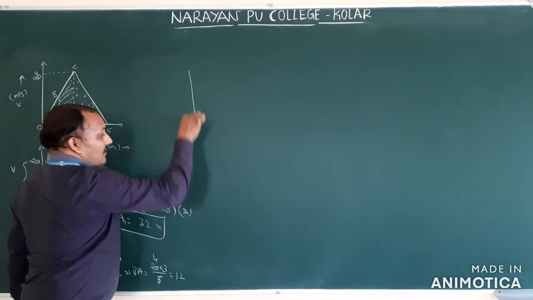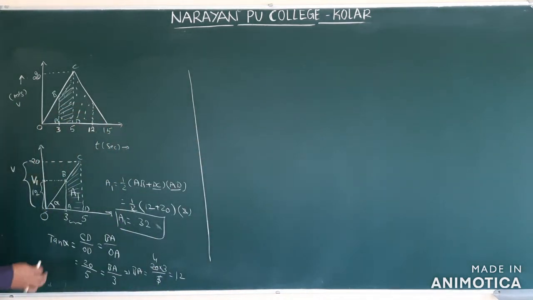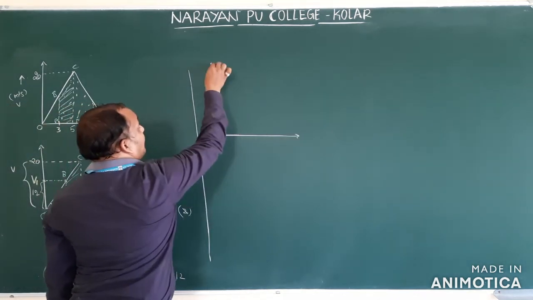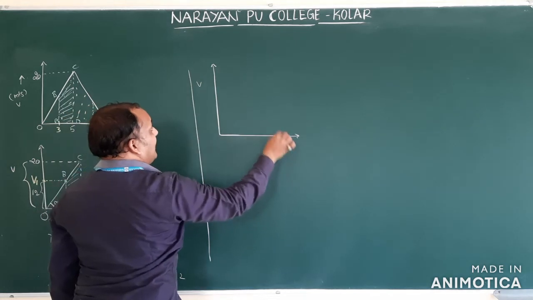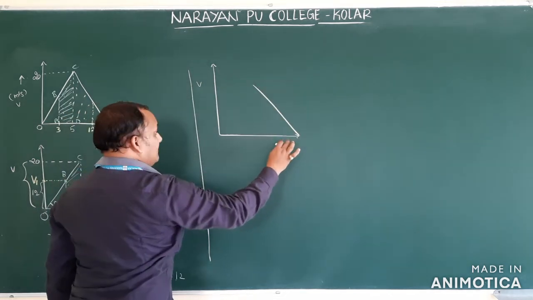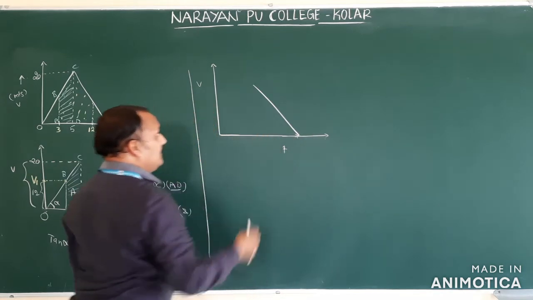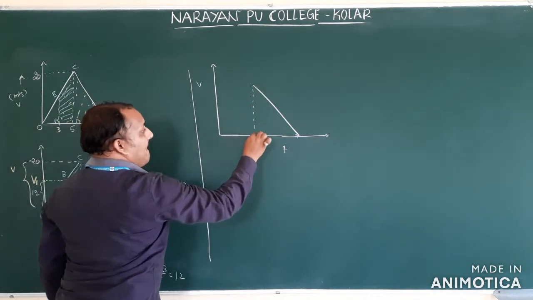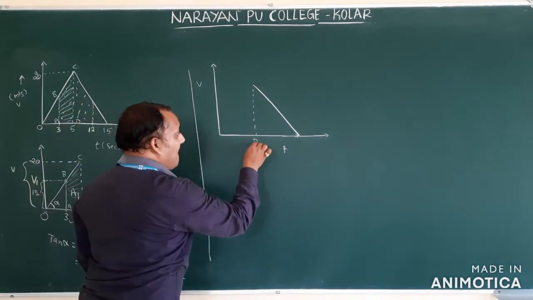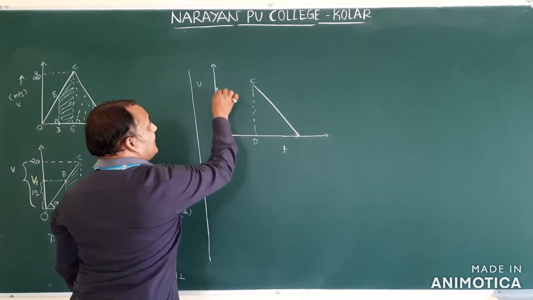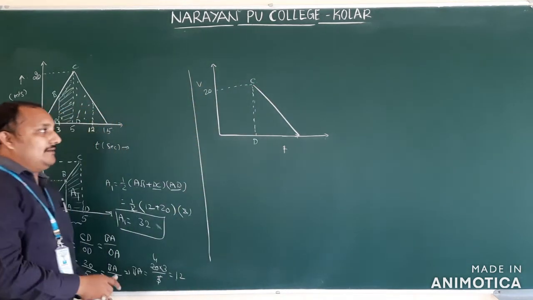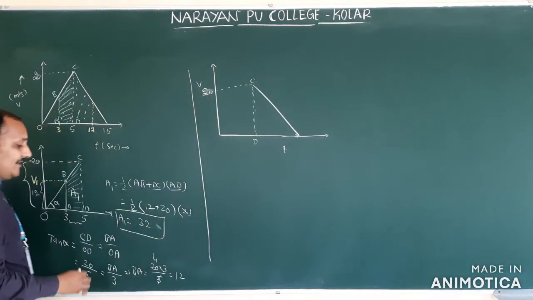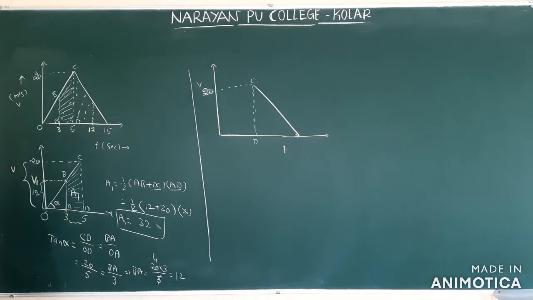Stop here. Now, see the next part. Next part means right side part. Right side part means this is also velocity time. It is coming like this. Like this only. Now, this DC we have already taken. DC value is, this is D, this is C. What is this value? 20. Correct only? DC value already we came to know 20.